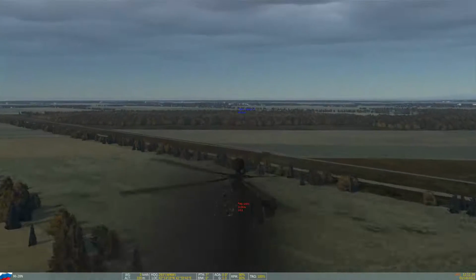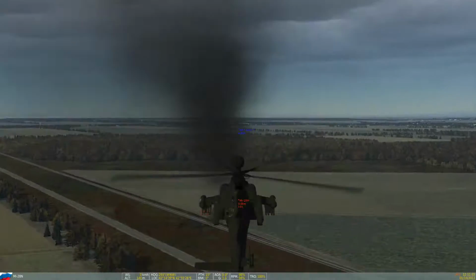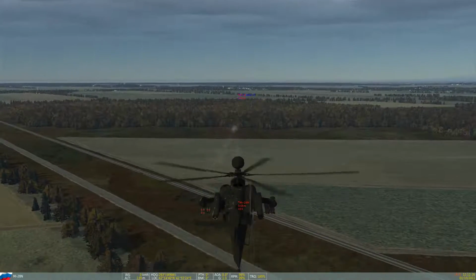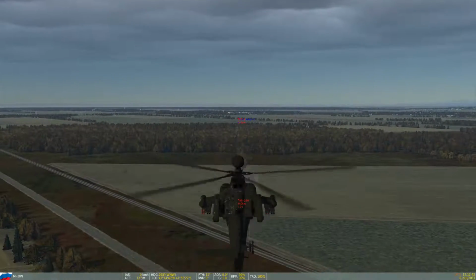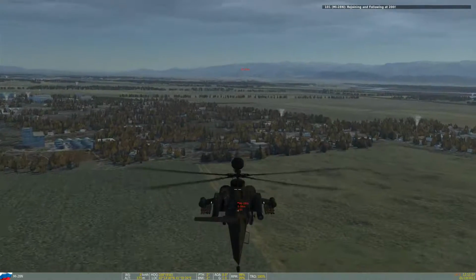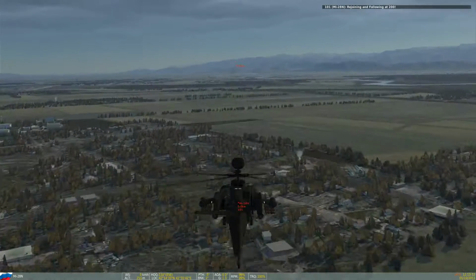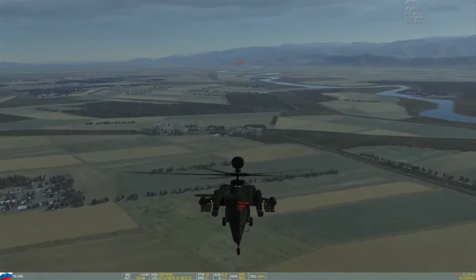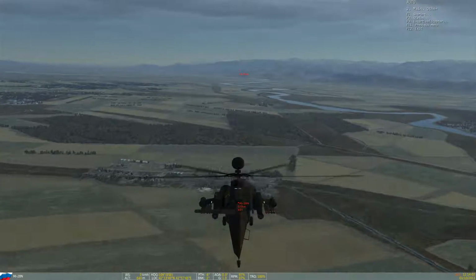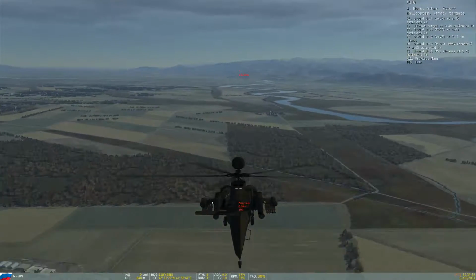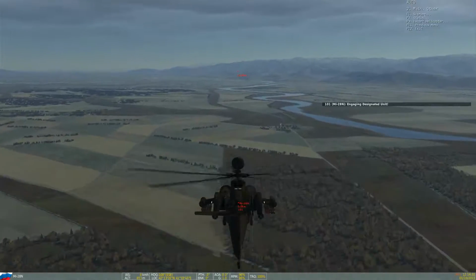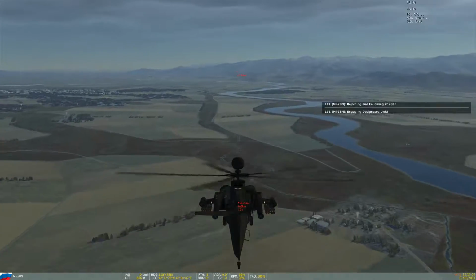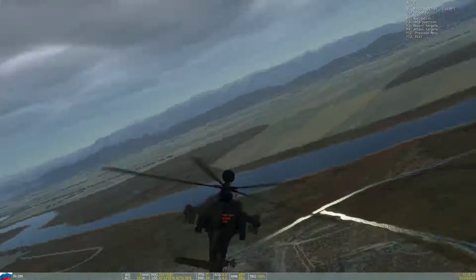Now what I want to show you is, once he has attacked the target and the target is eliminated, then he will rejoin. Hopsa. And he's rejoining. Yeah. You can ask him to attack multiple targets. So you can ask him to attack the ground unit there, and you can ask him to attack the other ground unit, and you can ask him to attack